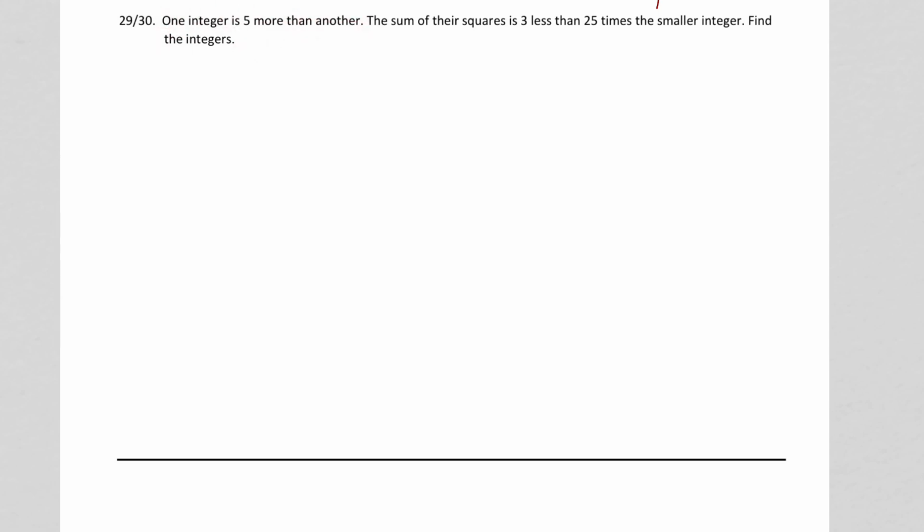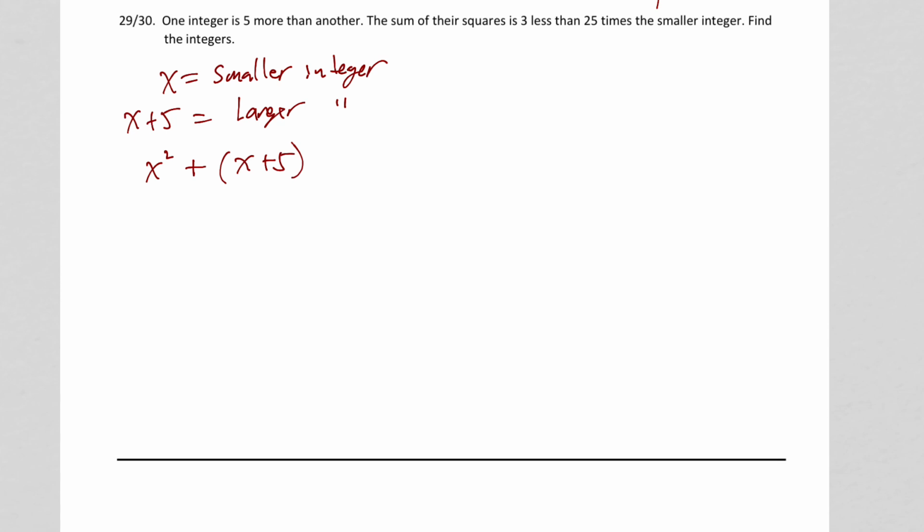Okay, one integer is 5 more than another. There's the sum of their squares. Let's start with the integers. So I'll say x is equal to the smaller integer. And one integer is 5 more than the other. So x plus 5 must be the larger integer. The sum of their squares. Well, the square of this is x squared. The sum is addition. The square of the next one is (x plus 5) squared,